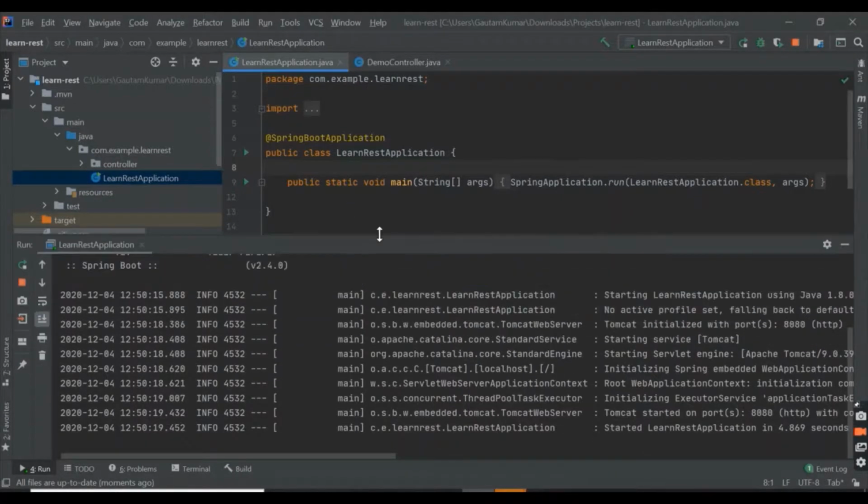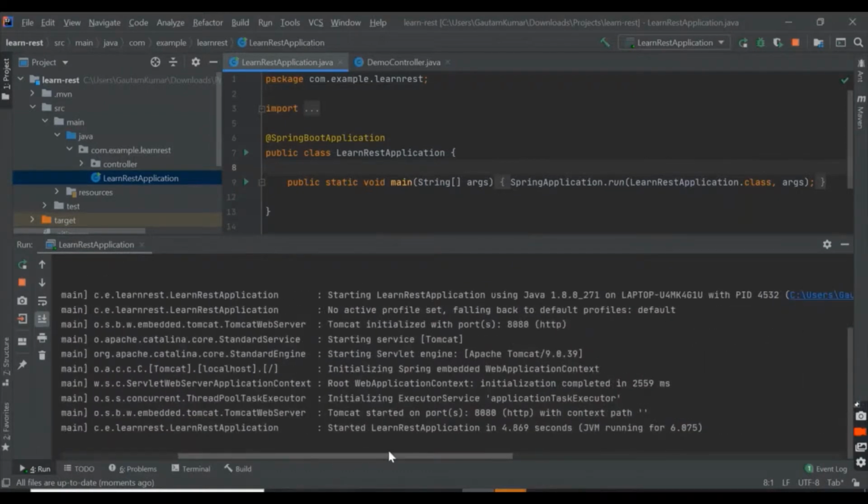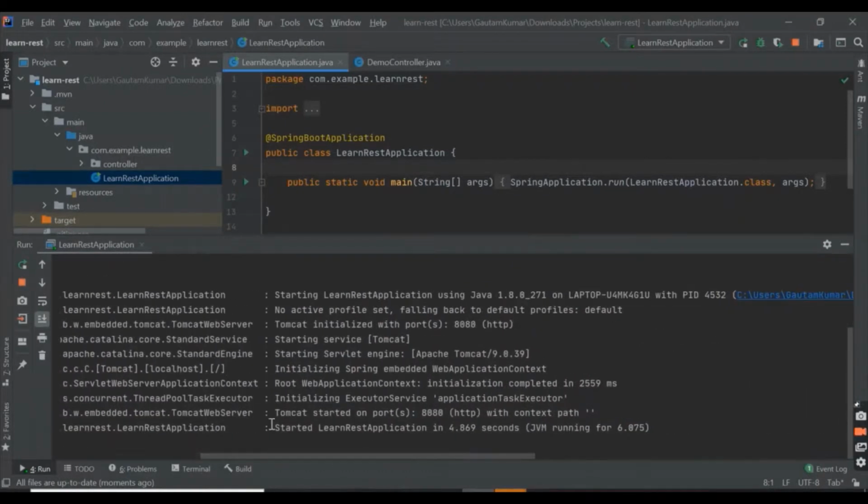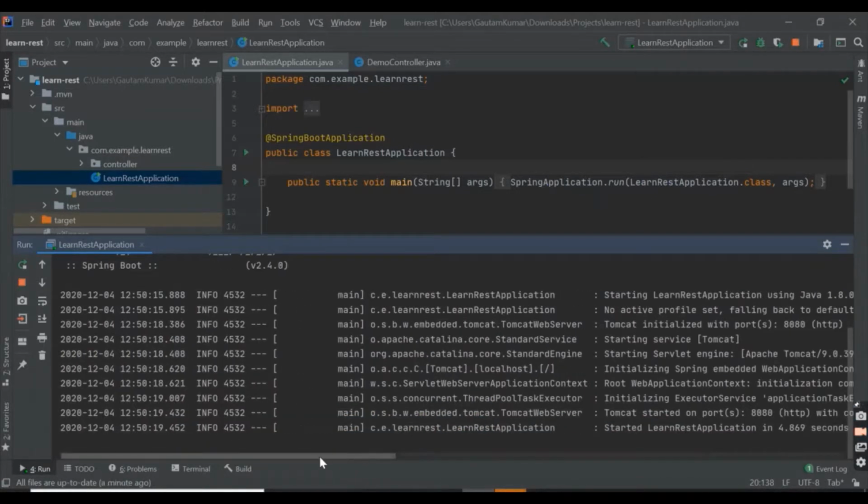If we observe the logs, we can see that the application has started the Learn REST application in 4.86 seconds. Just above that statement, you can see it says Tomcat started on port 8080. So we have our port as 8080, which is provided by the embedded Tomcat server in Spring Boot.